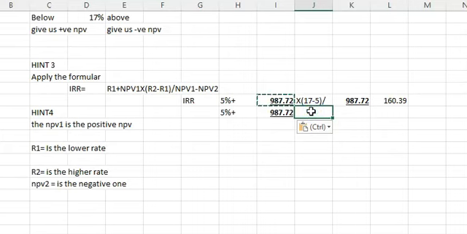and then we are still multiplying it by 17 minus 5. When we subtract 17 minus 5, we'll get 12. Put 12 there. Okay. Divided by, when we add this plus that, we'll get